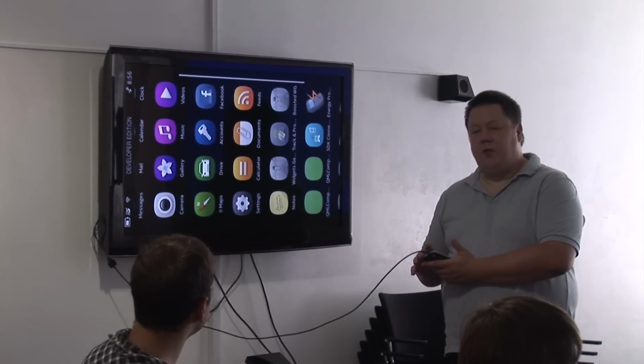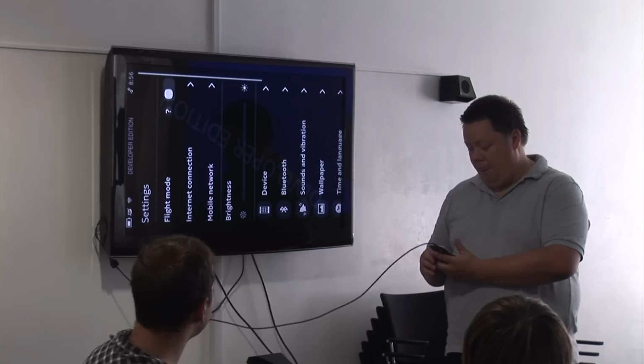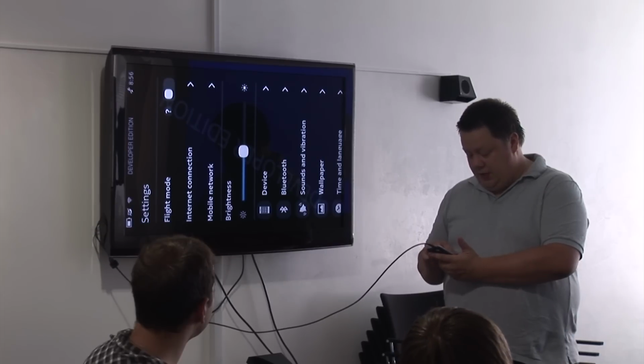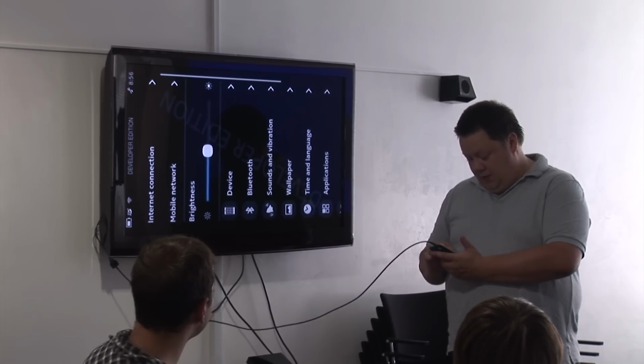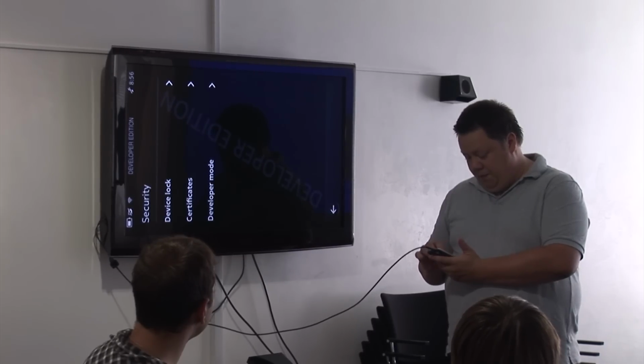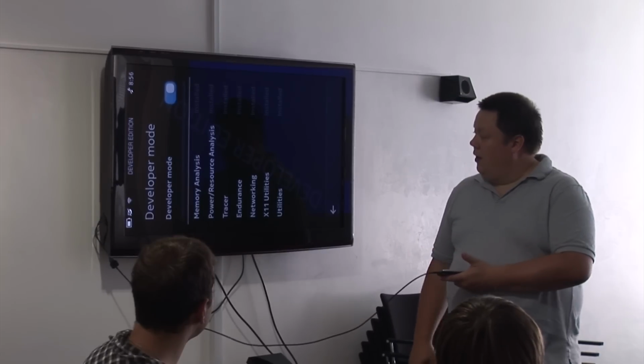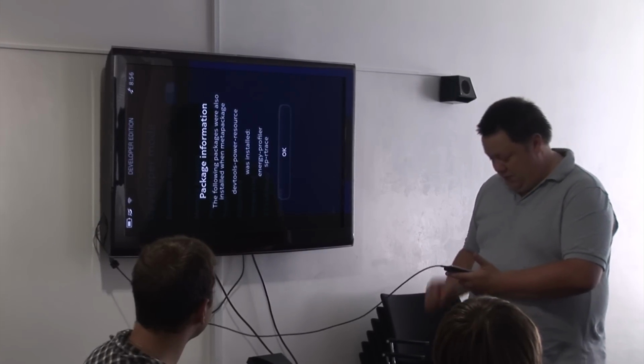to do is to flash, of course, the latest image there, and then in the settings, in security right there, you set this developer mode